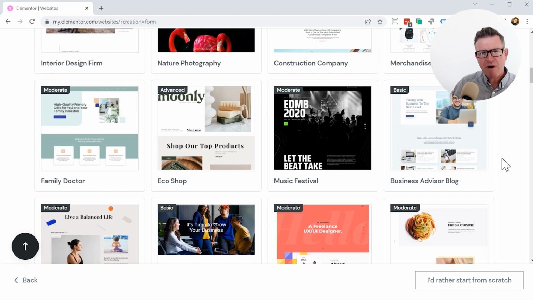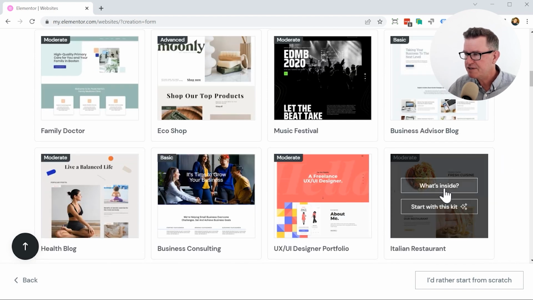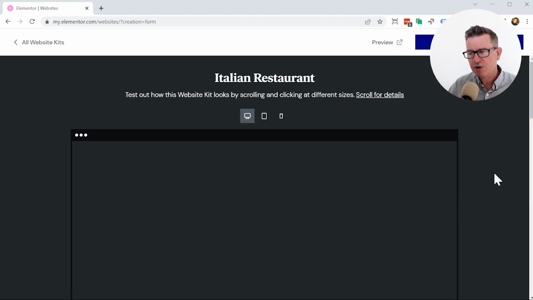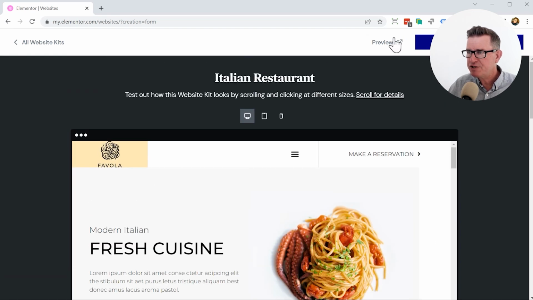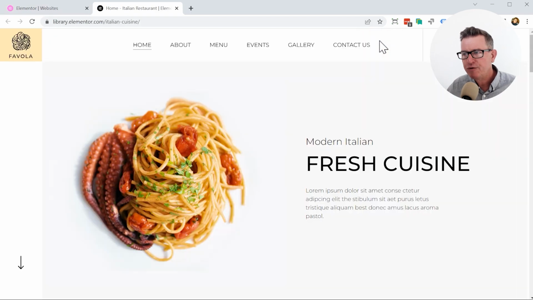Because you can move stuff around, you can tweak stuff, change a few colors, possibly fonts, bring in your own images, and suddenly something that was a restaurant or a burger bar could be your hairdresser's website or your coffee shop. So take some time, study the kits. You can click on them and go and say, okay, what's inside? And then it gives you a little preview. But it's always best to jump over to the preview button, and then you get like the full website, and